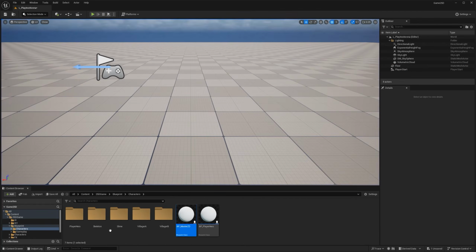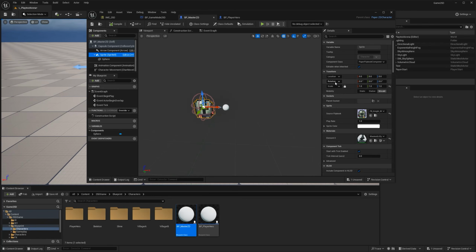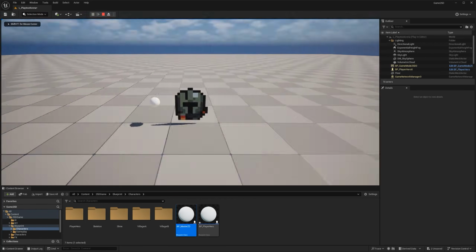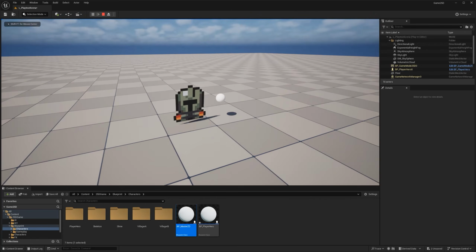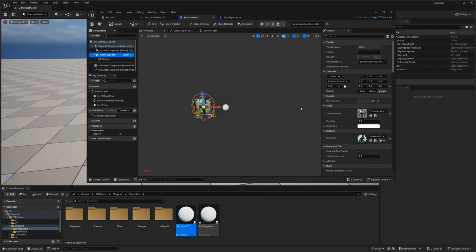So I'm going to escape key, open back this. Luckily for us, everything is super confusing to set up, but this is pretty straightforward. If you go to sprite and you see the rotation is like this, you can just say world and that will fix it. So the rotation is not affecting the world. And if I do this, whoops, what have I done wrong? Oops, I put absolute. Wait, what? You know what?